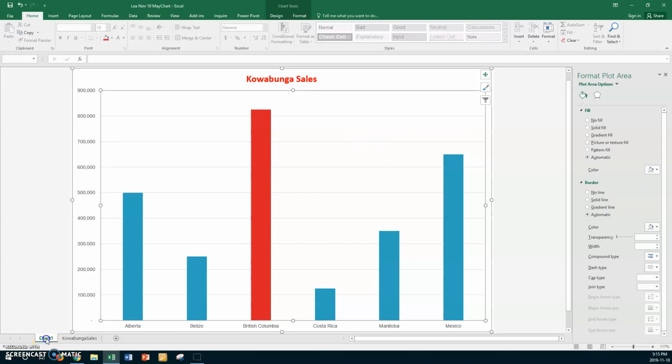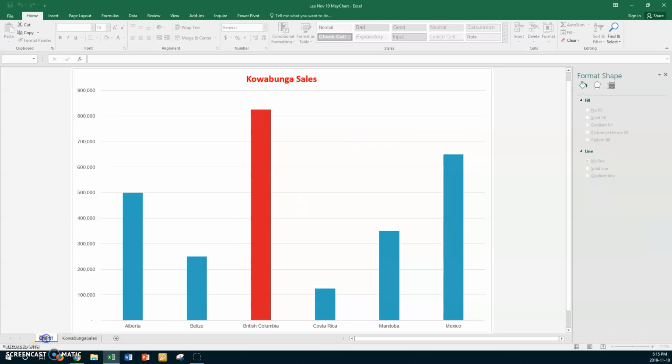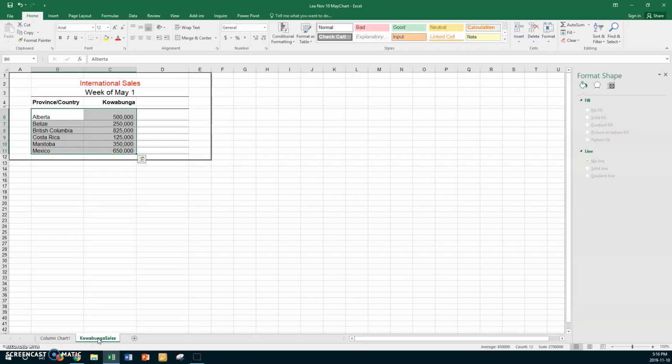Now, I want you to double click on here and call it column chart, because I'm going to make 2 or 3 more yet. So I want column chart, I spelled it wrong here. Sorry about that. Column chart. Okay. All right, so now I've got column chart. That's good. So now I'm going to go back to Cowabunga Sales, and here I want to insert a chart,